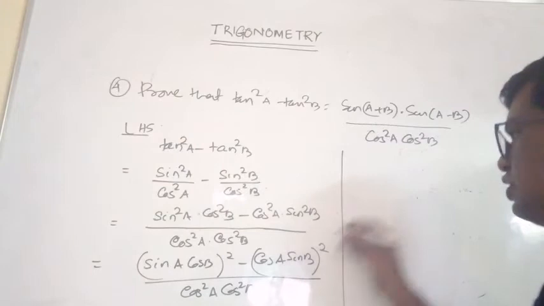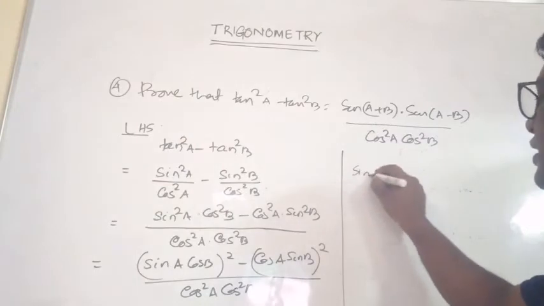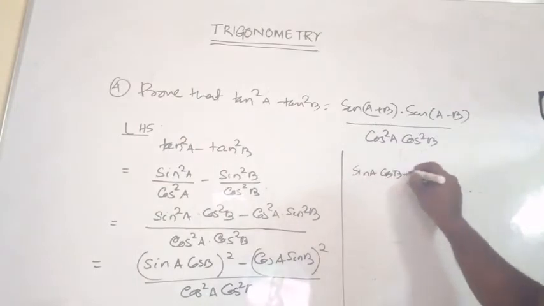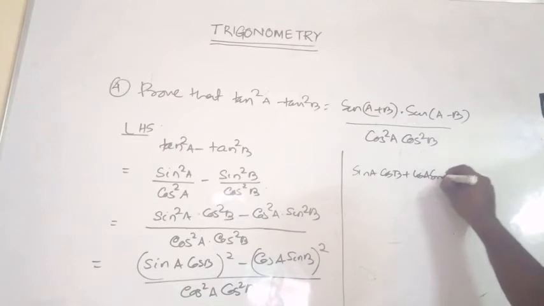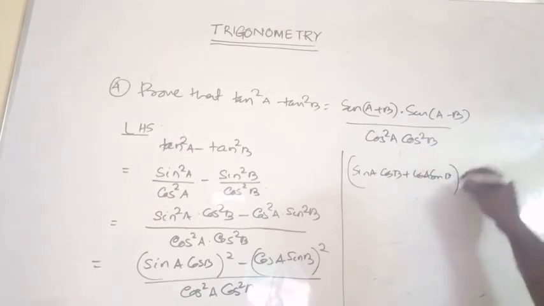A square minus B square, A plus B: sin A cos B plus cos A sin B into